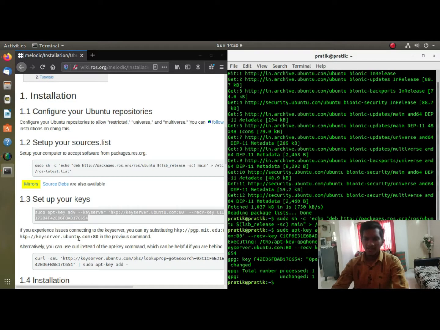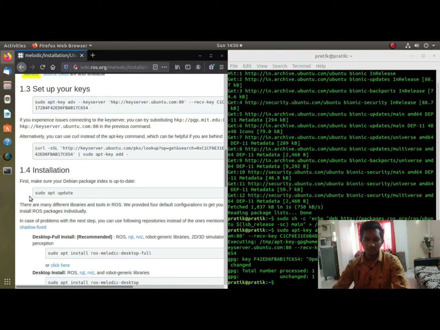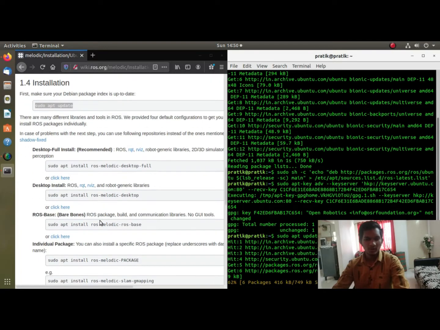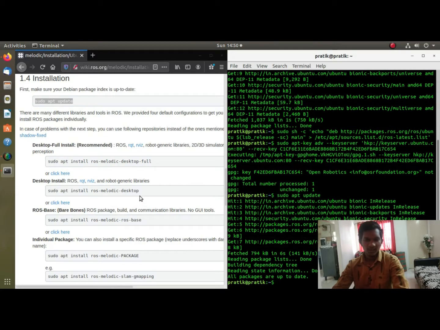After that, I recommend you install the desktop full install version, as it will provide all the libraries, all the packages, as well as the simulators like Gazebo, and everything is provided in it. You do not have to install them individually. And as it is installed along with ROS, it will be fully compatible with the ROS Melodic which you are installing. So I'll install the desktop full version of ROS. I'll copy it and paste it here, and press enter. Yeah, now it has started.